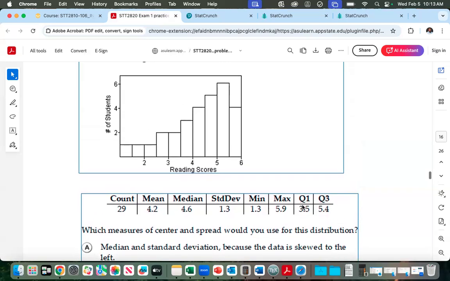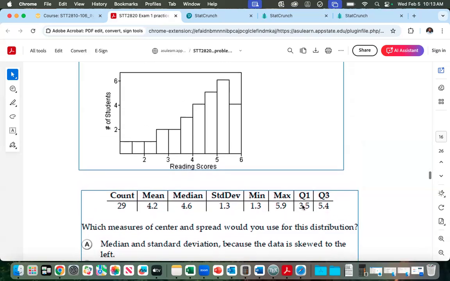So you see in this situation, you don't even need the scores, because all they want to test is for you to identify this as a left skewed distribution, and also know that whenever you have a skewed distribution, the best measure of center is the median, and the spread is the IQR. If it is symmetric, the best measure of center is the mean, and the spread is the standard deviation. Let's proceed